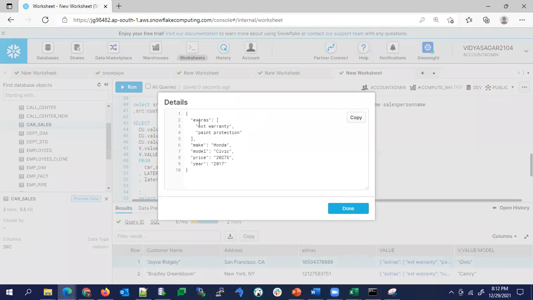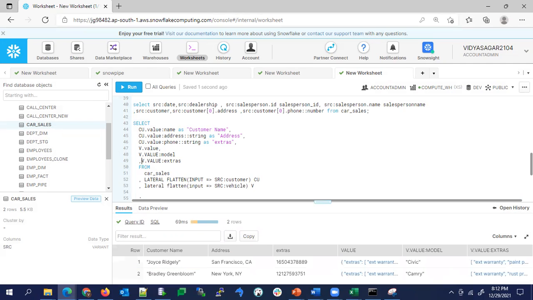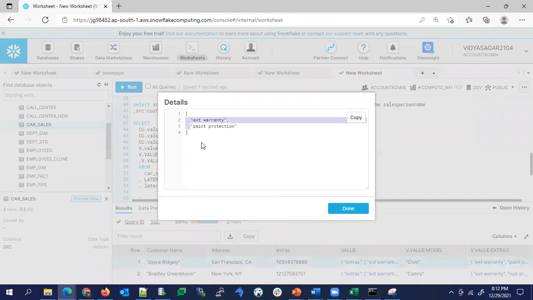But if I want to see the extras, I want to read this data. I will try to read v dot value colon extras. Now if I read again, it is showing as an array.